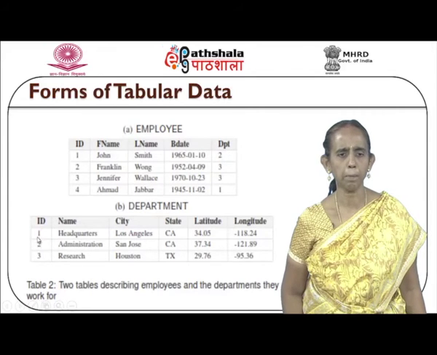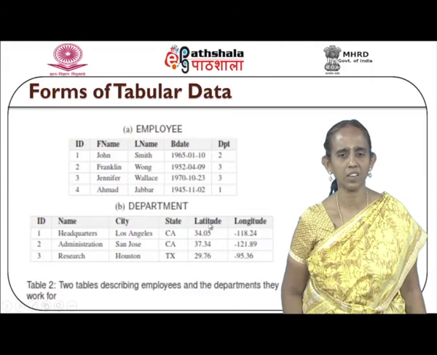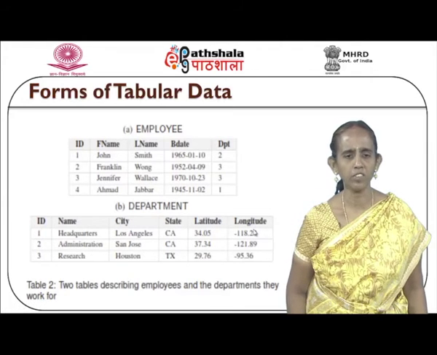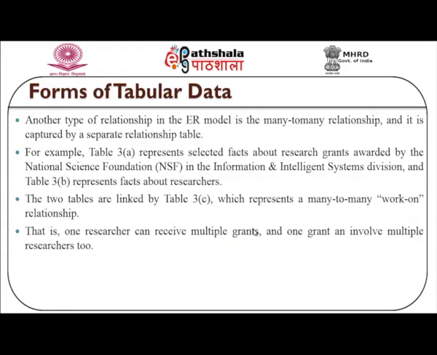Then we have the department table with the ID, the name of the person, the city in which he lives, the state, the latitude and the longitude. So the two tables describing the employees and the departments they work for. Forms of tabular data. Another type of relationship in the ER model is a many-to-many relationship, and this is being